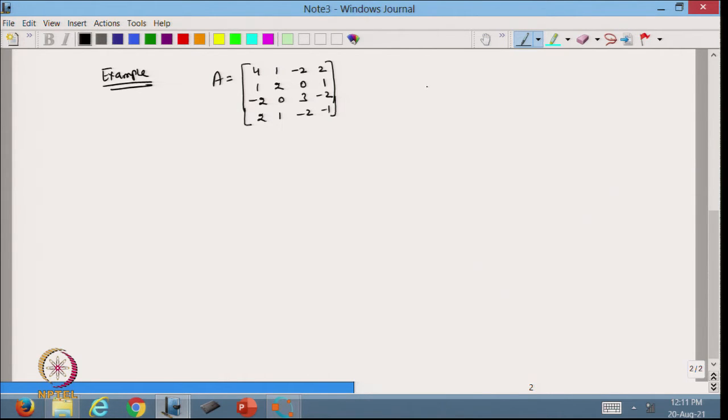You can see that I have taken a symmetric matrix, because we are going to use this. So this is the matrix, and first the problem is to find its QR factorization